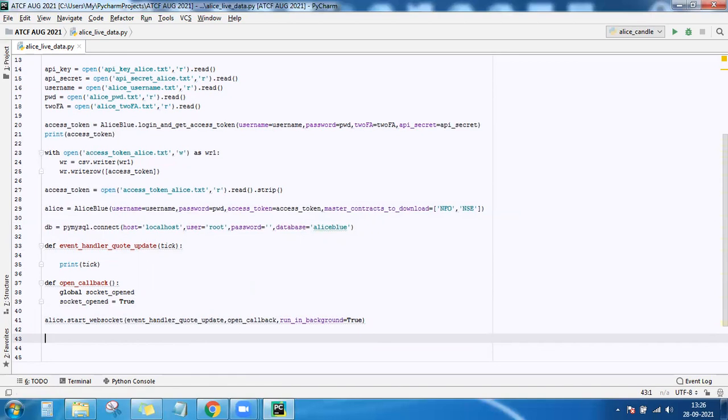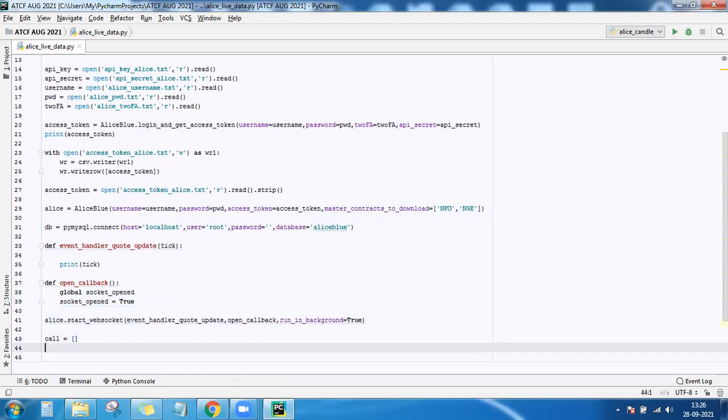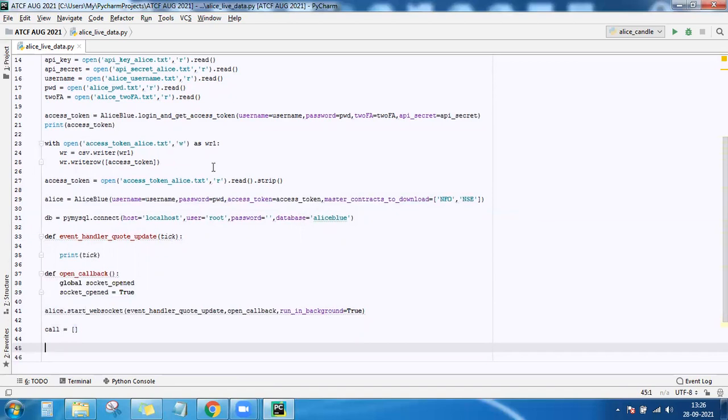The next step is to send the symbols and get the live data. So first, I'll maintain an empty list, because straight away, if you pass the symbol names to Allies Blue object, it won't understand anything. Allies Blue understands the stock name as an instrument object.